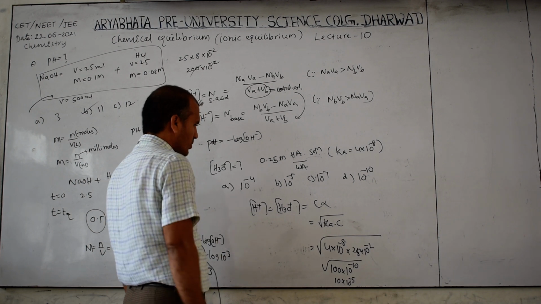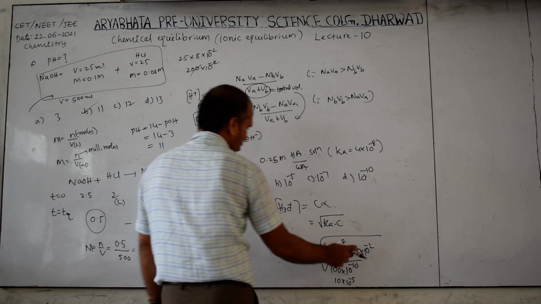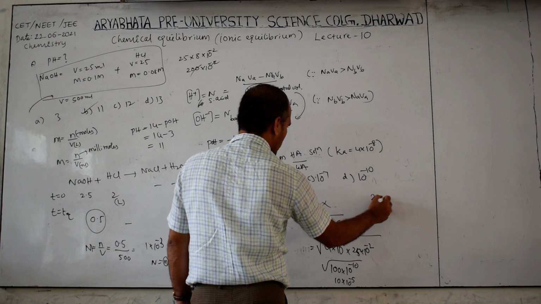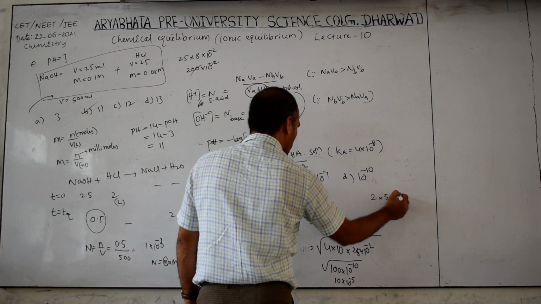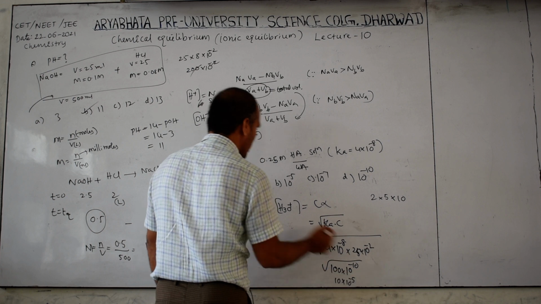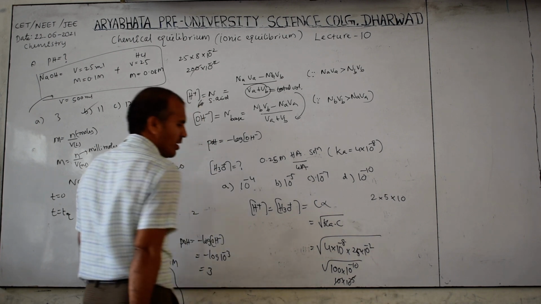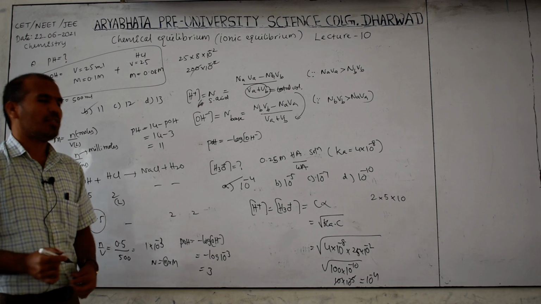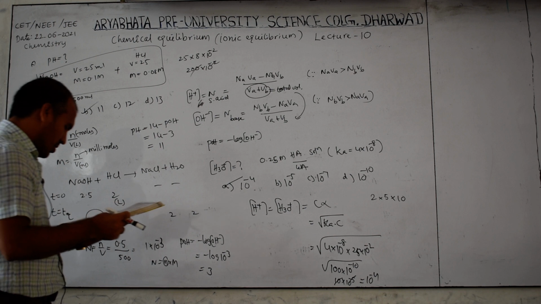Then 25 into 10 power minus 2. 25 into 4, roughly if you calculate, this is 2 and this is 5, 10 only will come, and the power is cancelled. So option A is the correct answer, because this 10 cancels, and then it is 10 power minus 4. Option A is correct. So like this we also make silly mistakes. So try to avoid silly mistakes and answer carefully, even with fast calculations.